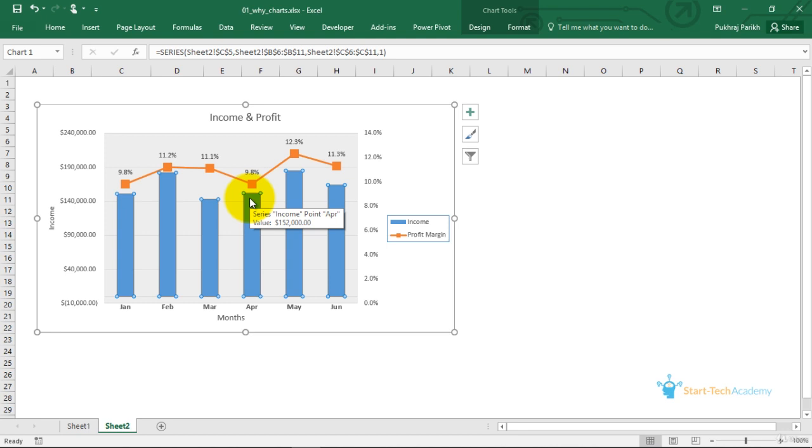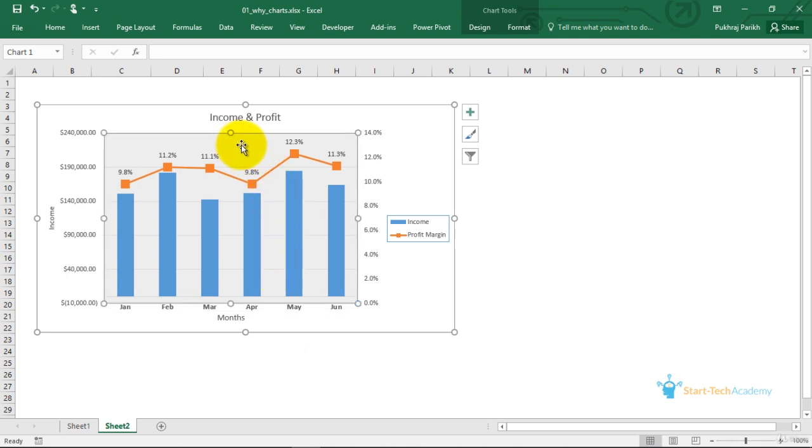In addition to this, all charts have a chart area, which is this entire background area of the chart. So this highlighted square, this outer boundary is containing the chart area. And then we have a plot area. Plot area shows the actual chart including the plotted data, the axis and the axis labels. So this small square inside the chart area is the plot area.